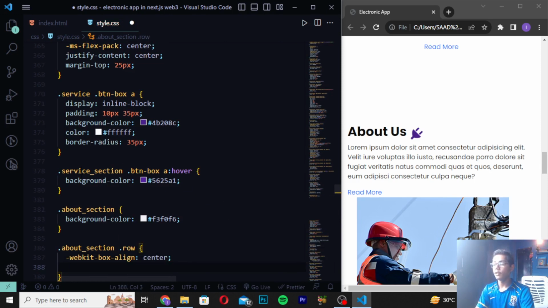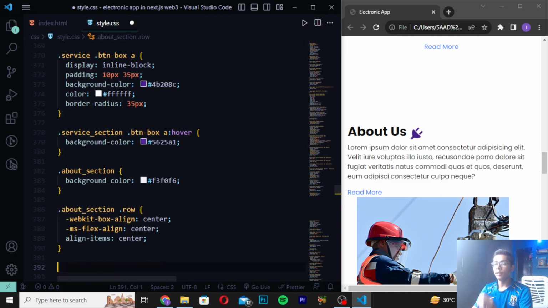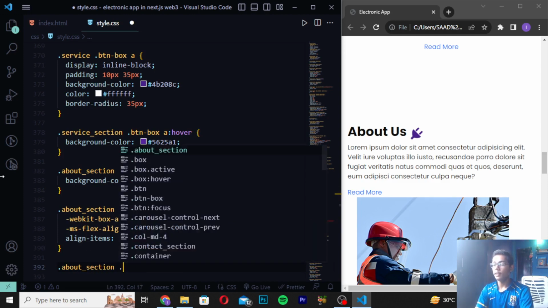Then when you've written this, you have to write here -ms-flex-align: center. Then you have to write here align-items: center. Then when you've written this, you have to do one thing here: you have to write here .about_section, and I will be now writing here